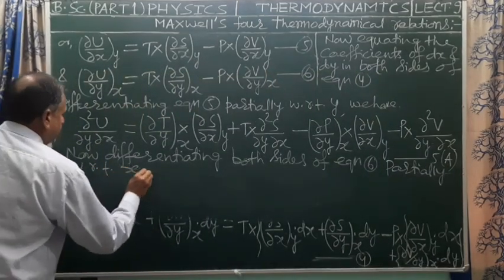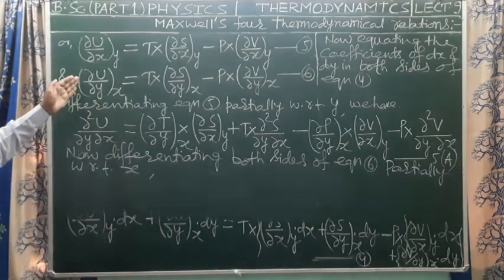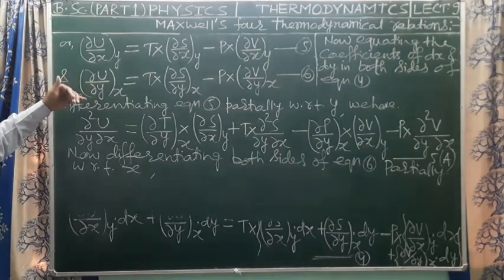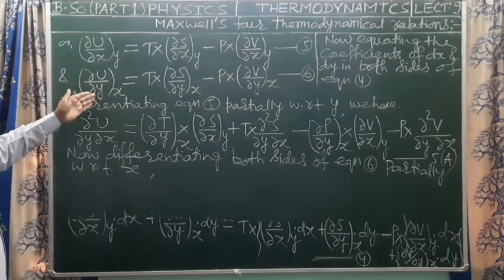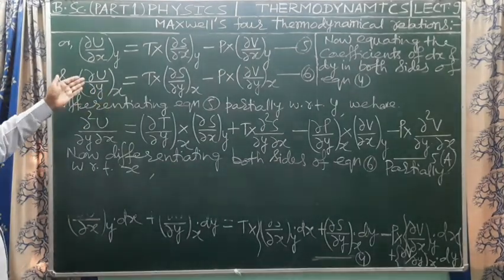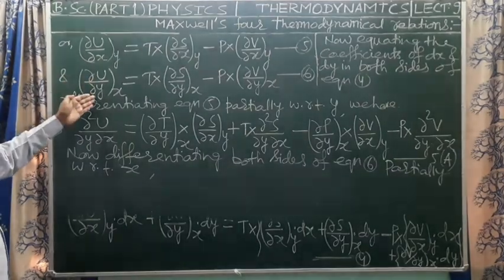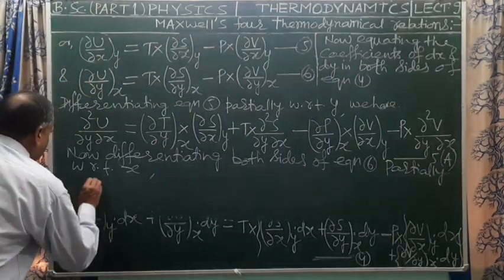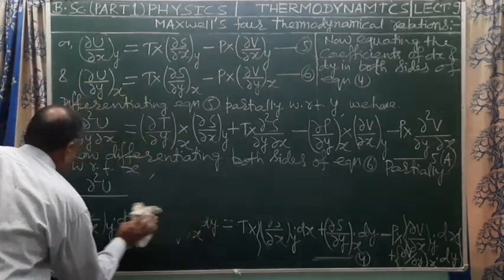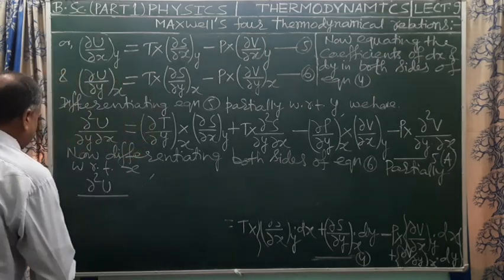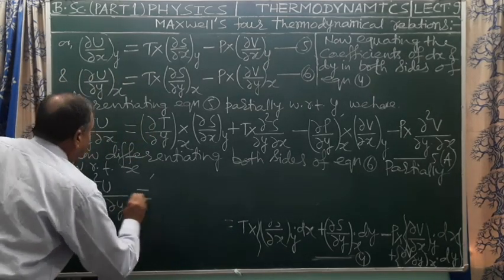to x. We have in the first term, that is first term of LHS of equation 6, del u upon del y at x. Now differentiating it with respect to x, we have del upon del x of del u upon del y at constant x, that is del square u. In LHS we have del square u upon del x into del y, and